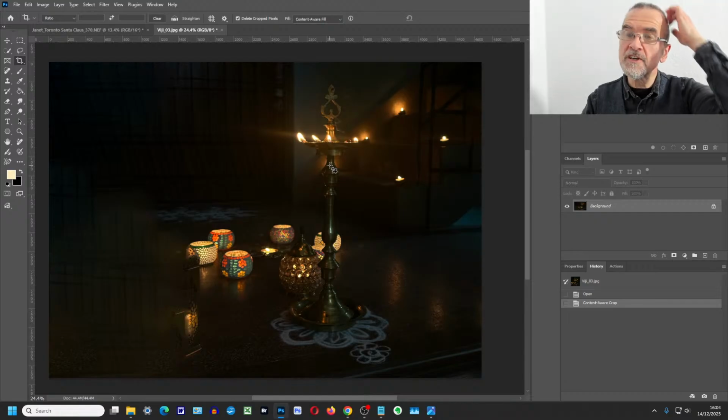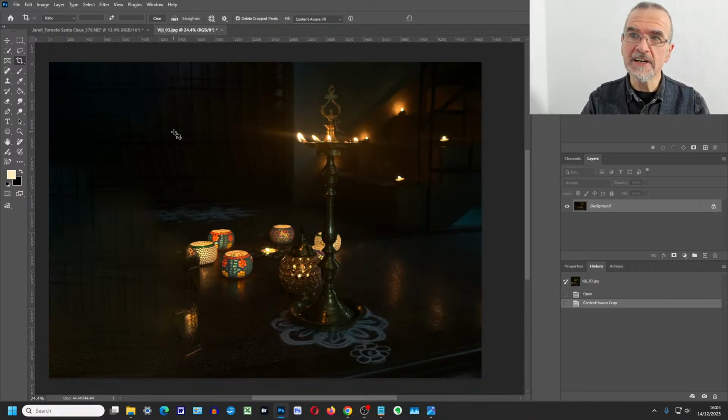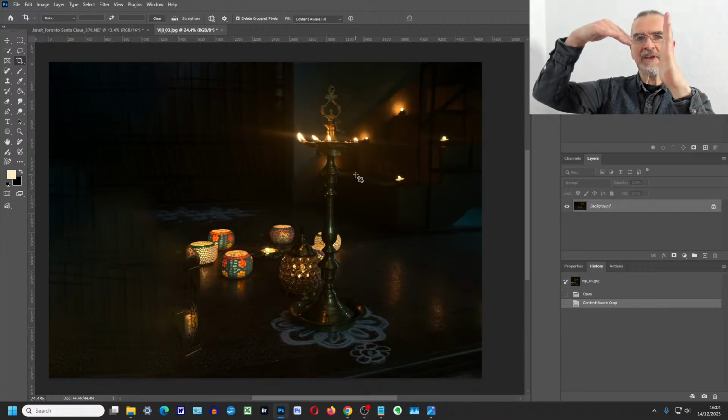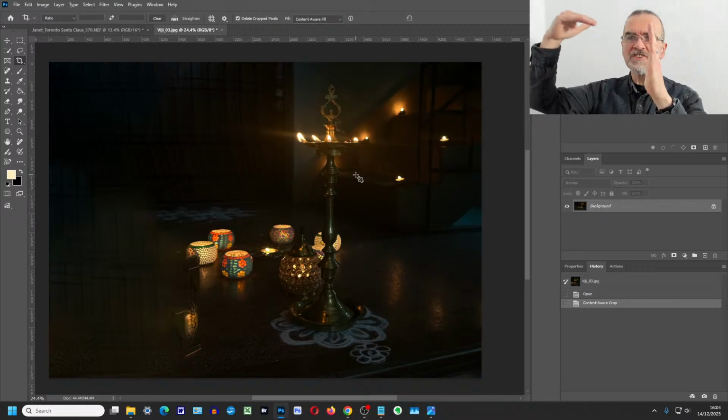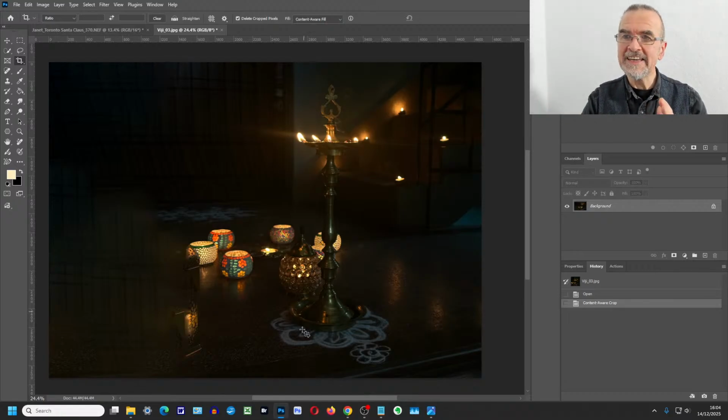Something like this, where we now end up with your key lamp more at a rule of thirds. For that matter, if this was shifted to this side and you actually had the lights going up the stairs there, then you would have quite a nice little diagonal going on, where you've got the stairs coming down and then the key, the candlestick as such, over here on the left.